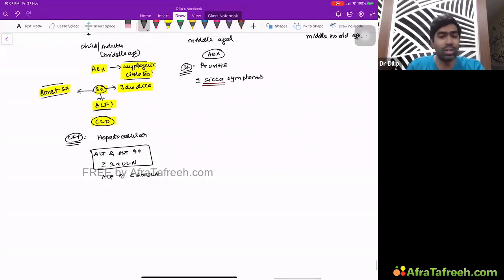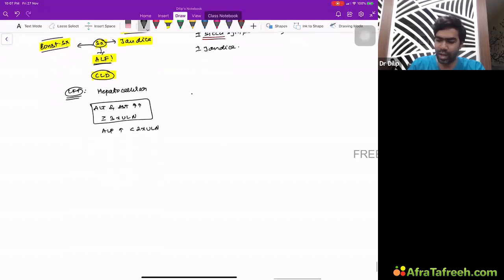Any patient with cholestatic hepatitis having a high ALP, having sicca symptoms, is primary biliary cirrhosis unless proven otherwise, because almost half of the patients will definitely experience these sicca symptoms. Plus or minus the patient can have jaundice. Very rarely they can present with cirrhosis also, but that is not needed for you right now. If you take the LFT, how will the LFT be? LFT will typically show something called a cholestatic pattern.